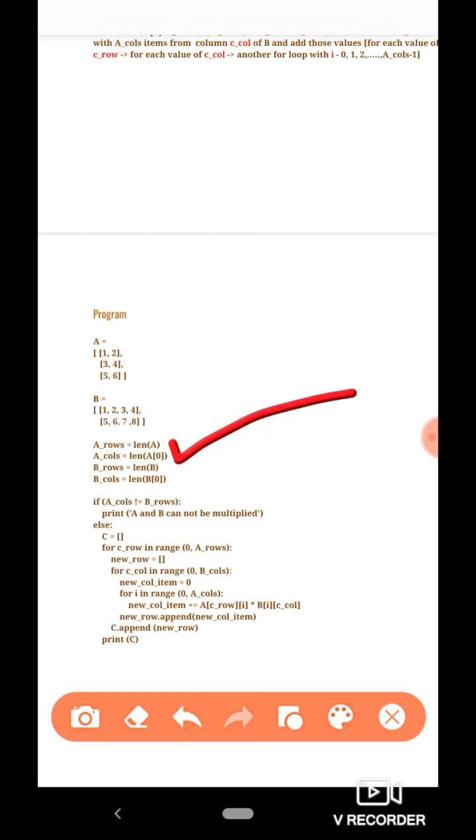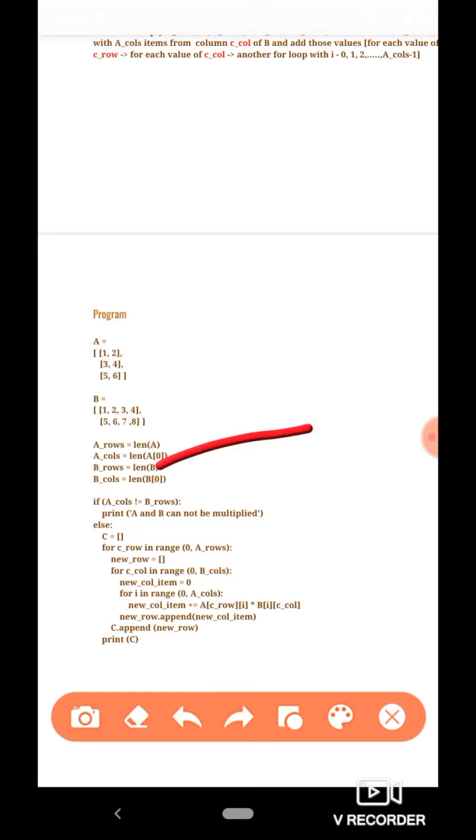See, the number of columns is equal to the length of an inner list. So we can take any inner list and find its length, how many items are there. So we just take A[0], the inner list at index 0, and find its length. It will tell us the number of columns in matrix A. Similarly, we obtain the number of rows and the number of columns for matrix B.